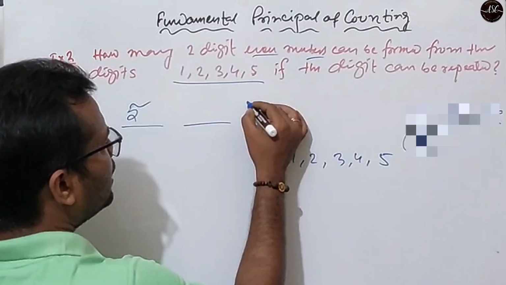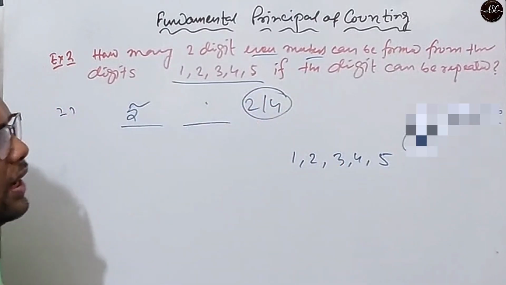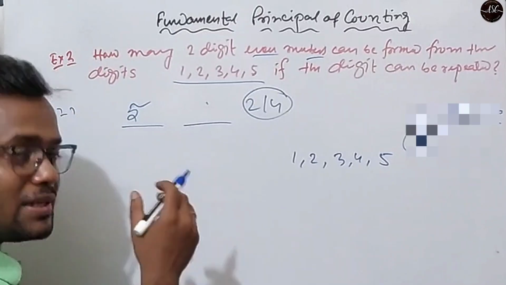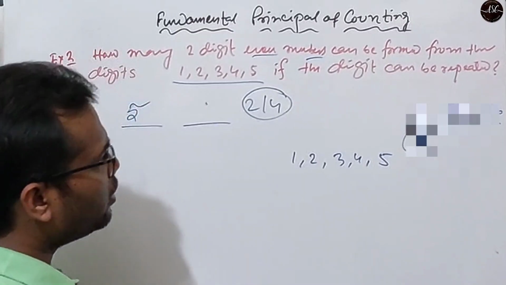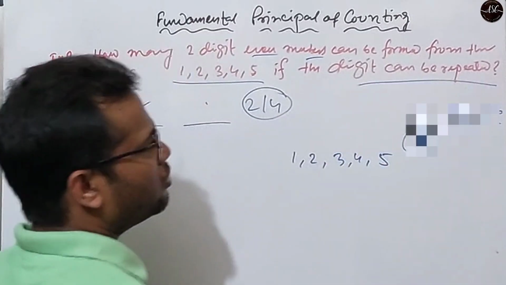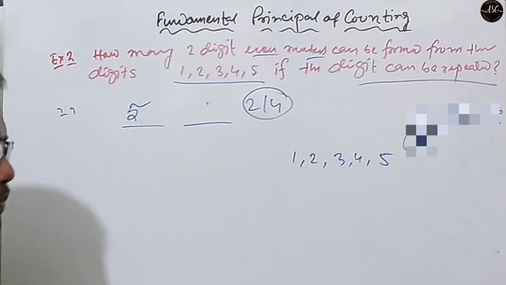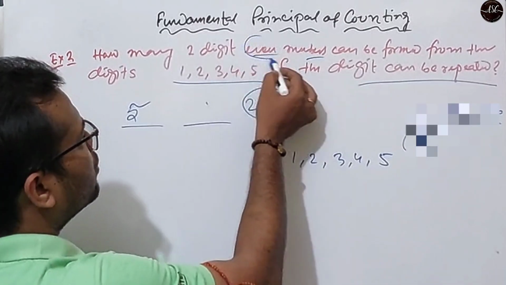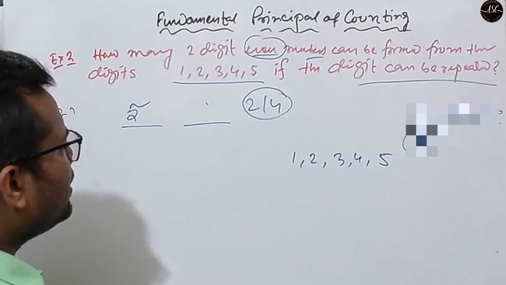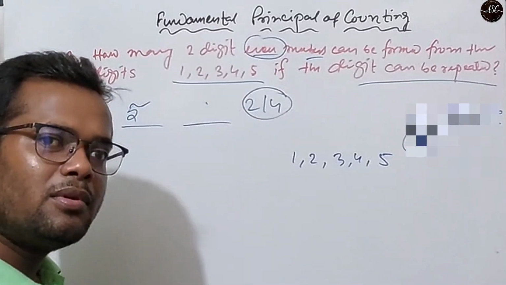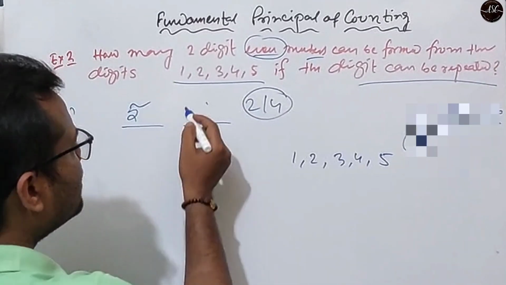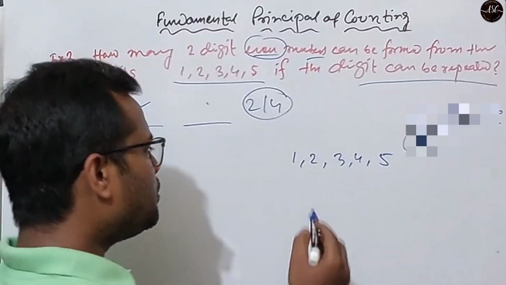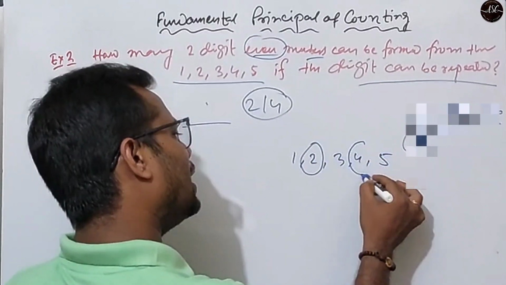So if there is 2 or 4 here, then we can say this number is even. Okay. So now the digit can also be repeated. Here, normally, if there is no even concept, we can fill this blank place with 5. We can write this 5. Okay. But here there is the concept of even, so the last digit